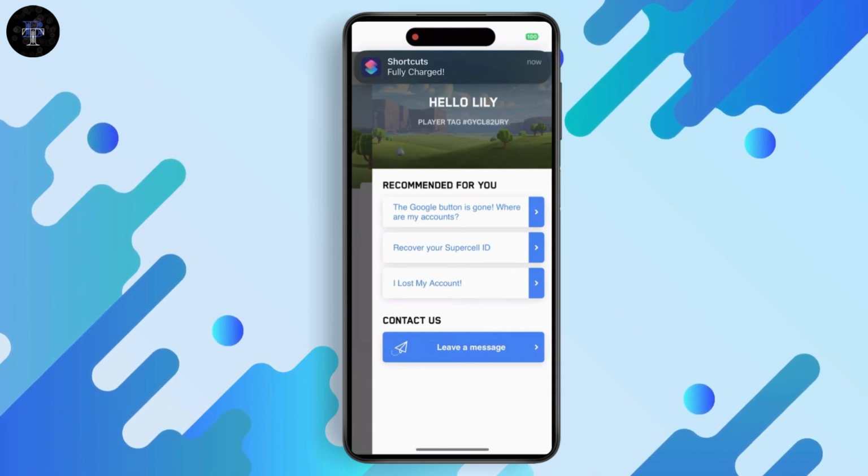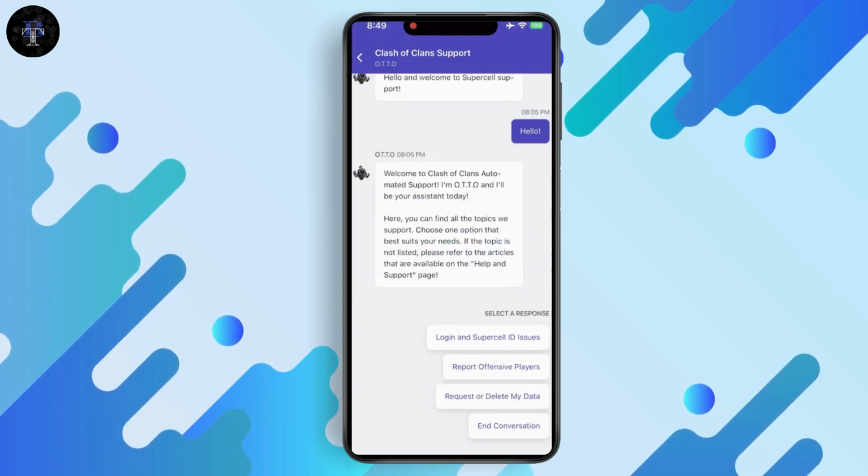automatically take you to the support page where you can simply chat with the Clash of Clans support and you can get some help. So that's how you can fix the Supercell ID